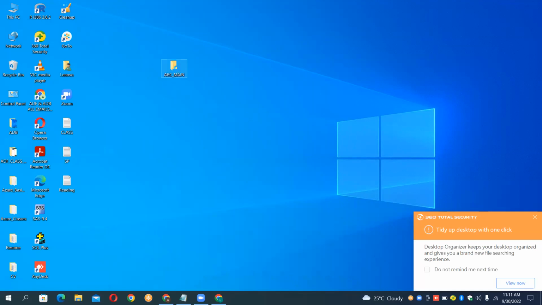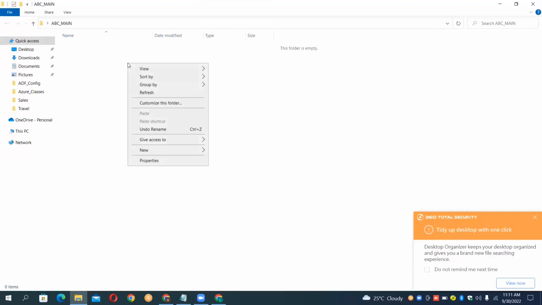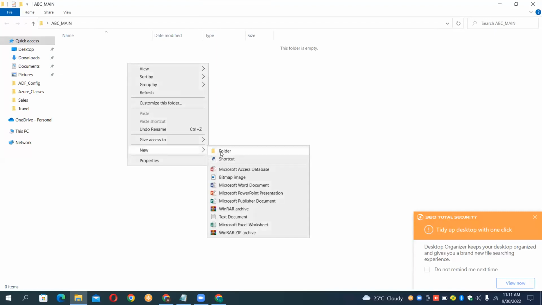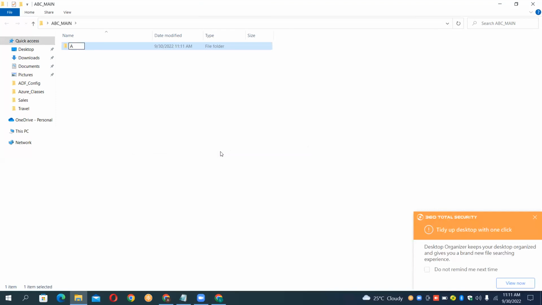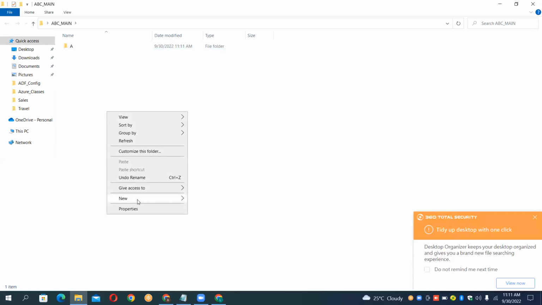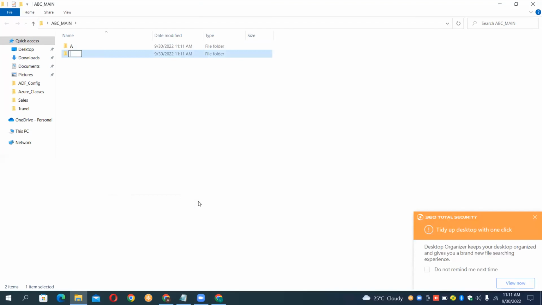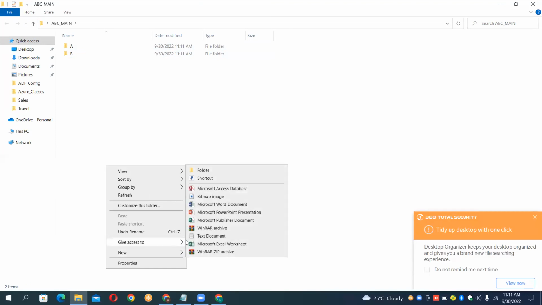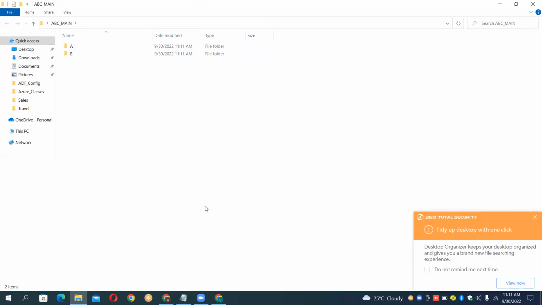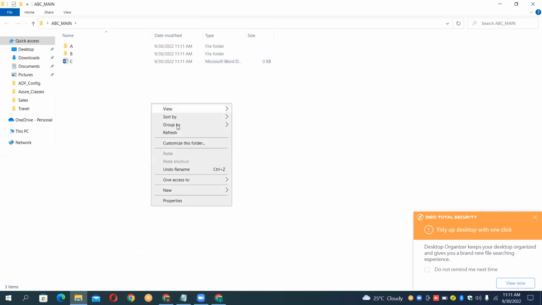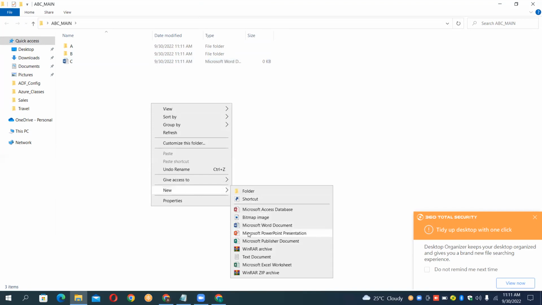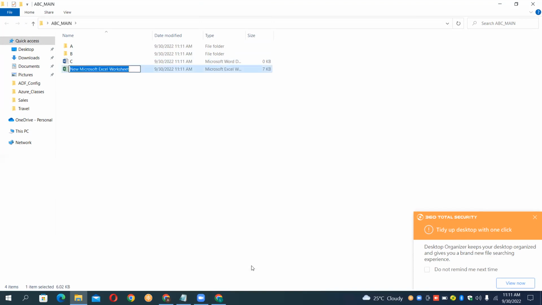Open this main folder. Now, guys, I will create some subfolders here: A, B, and now I will have a Word file, C, now I will have an Excel file, D. These are all the things you have.